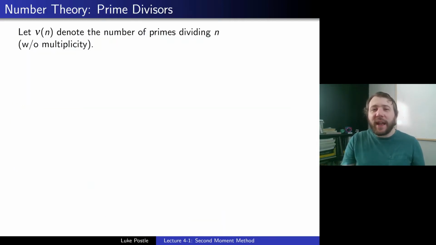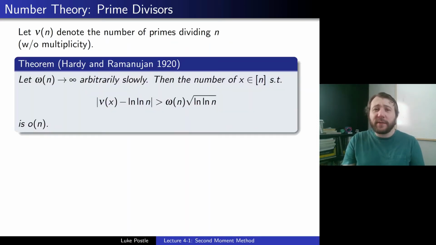So now that we've seen that, I wanted to move on to our big example for today, which is an example from number theory about prime divisors. We're going to let nu of n denote the number of primes dividing n, and here we'll do that without multiplicity. It won't make too much difference to the theorem we are going to prove, but let's just do that for simplicity. All right, so our theorem is a theorem by Hardy and Ramanujan from 1920. Let omega n be an arbitrarily slowly growing function to infinity, then the number of x from 1 to n such that nu of x minus log n is greater than omega n times square root log n